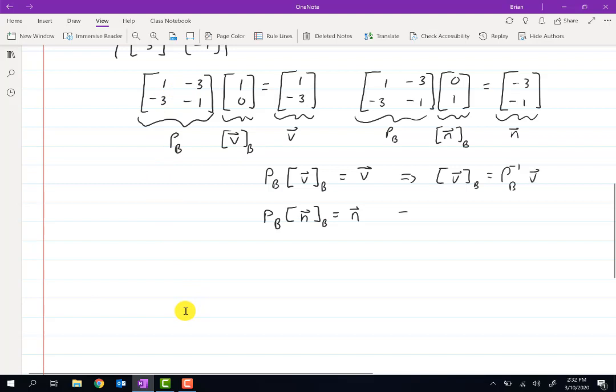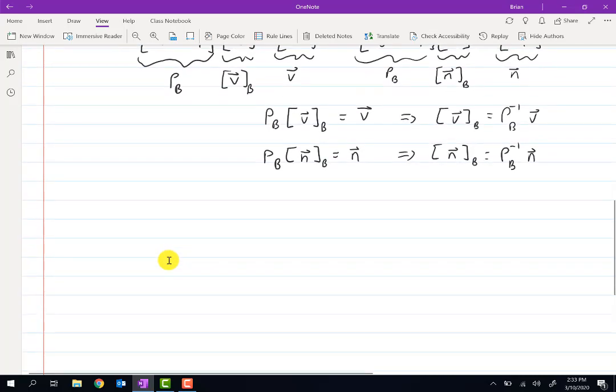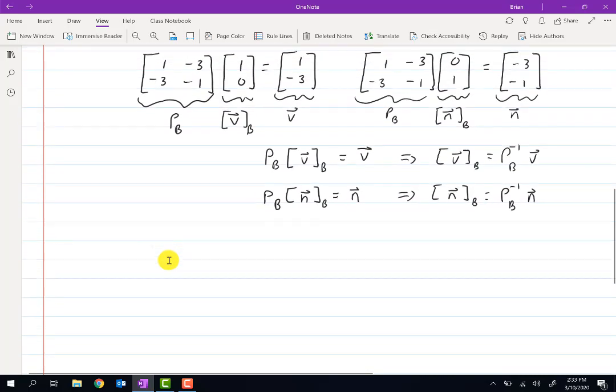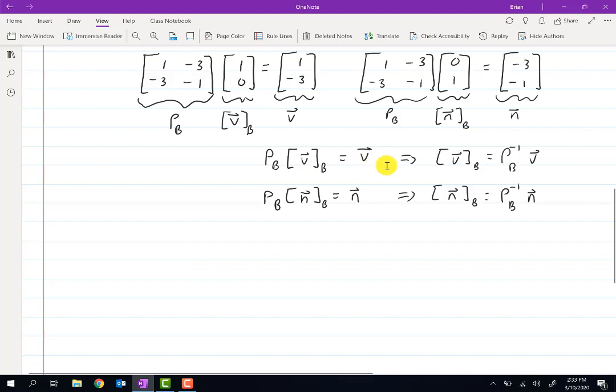And same goes for the other one. And so these will reverse those. Let me go ahead and put the numbers in then. Let me call these equation 1 and equation 2. For equation 1,